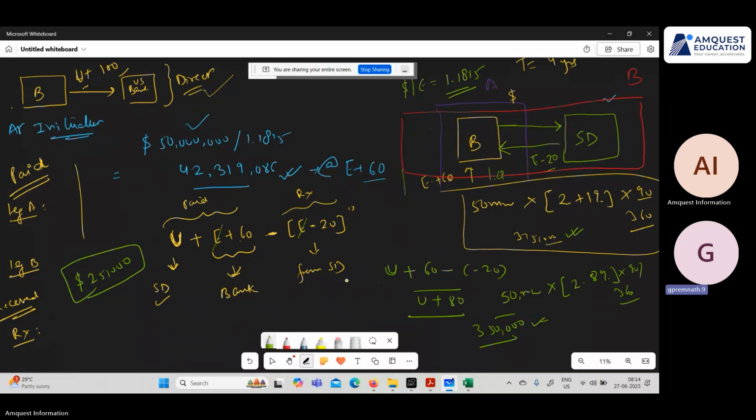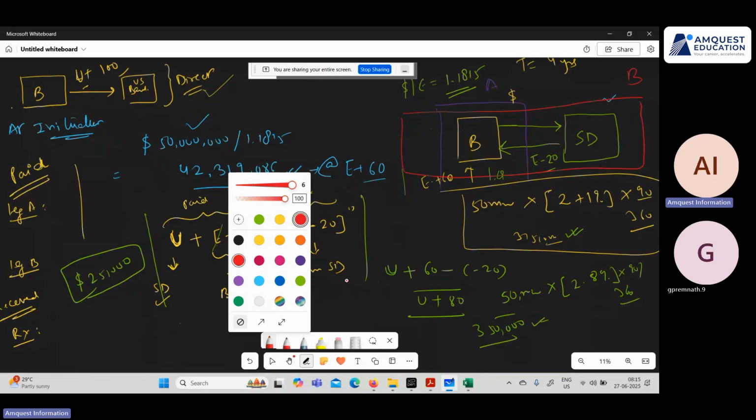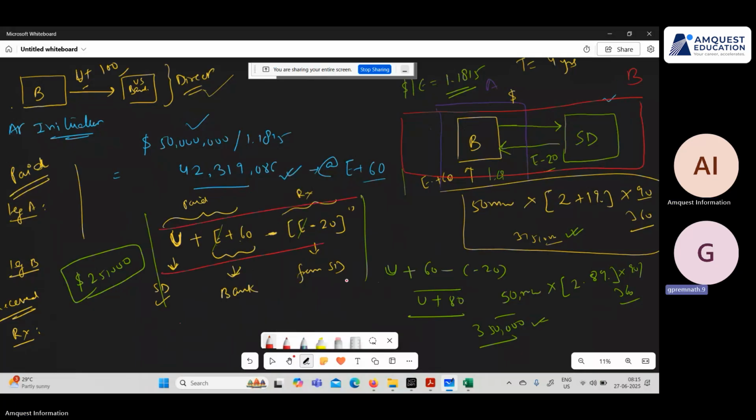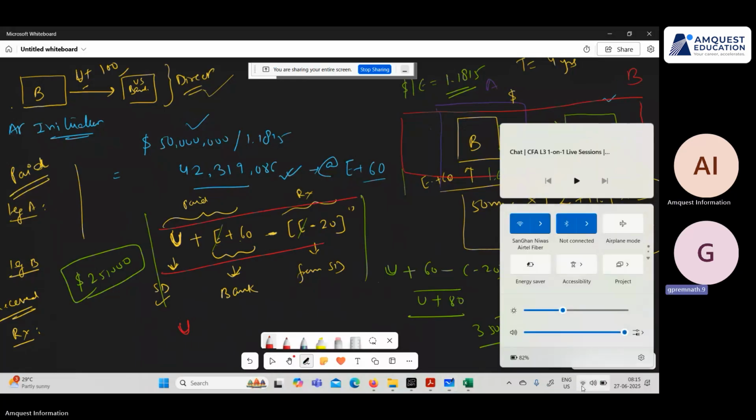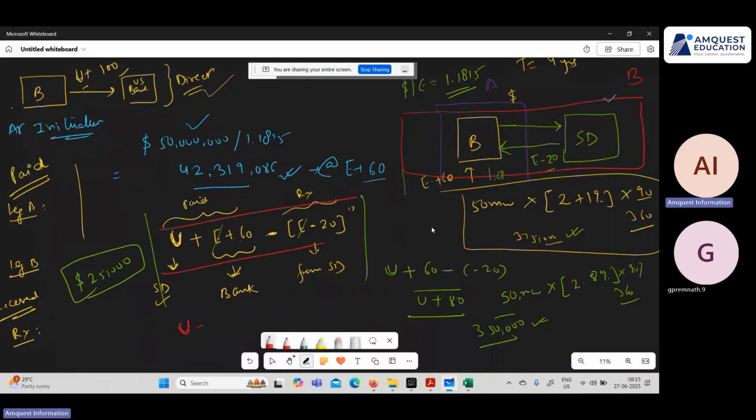Understood? And to do this directly, even in one shot, obviously, you should know all the steps. But if you're clear with everything, you can do this calculation right away, right? So all you can do is just think like this after doing this calculation. You would know that I am effectively paying you plus 80 in this case,